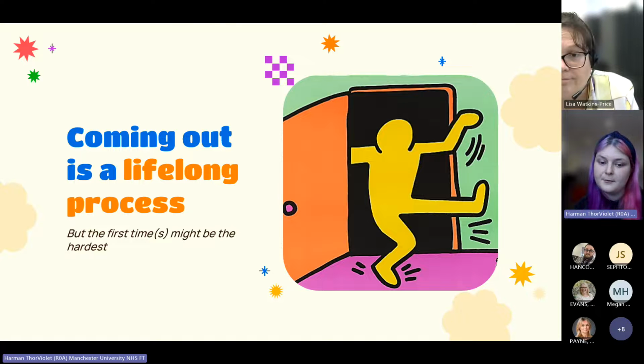Another point I'd like to make before moving on to the next section is that coming out is a continuous, lifelong process. It's not a binary thing necessarily. You aren't necessarily out or not. It can be that, so for example, I was out to some people and not others at the same time. And every time that there are new people in my life, so a new friend group or a new job, I have to decide whether I'm safe enough to come out all over again.